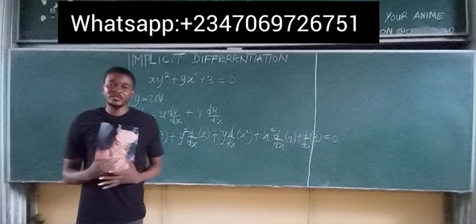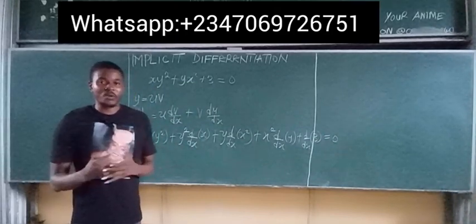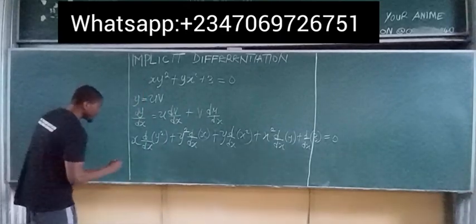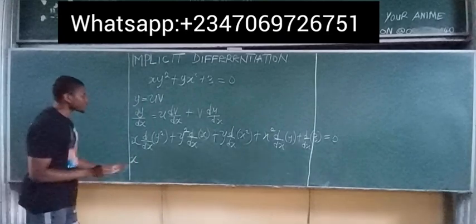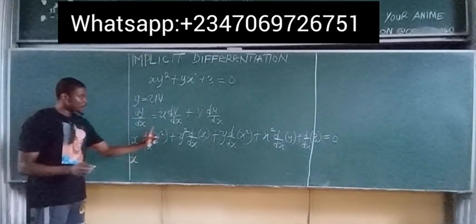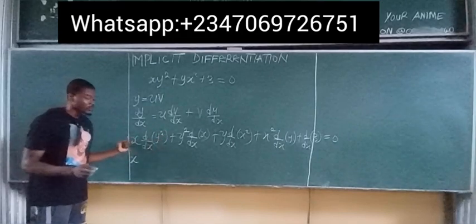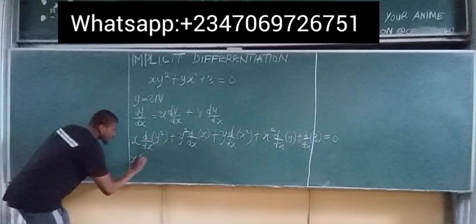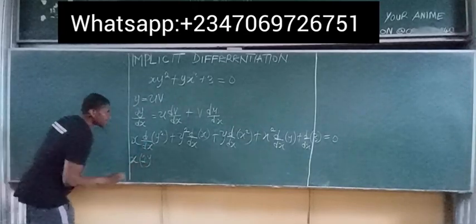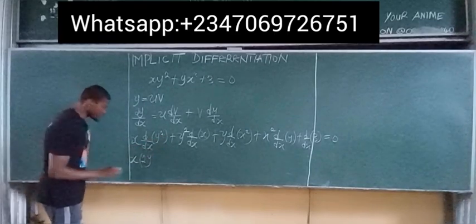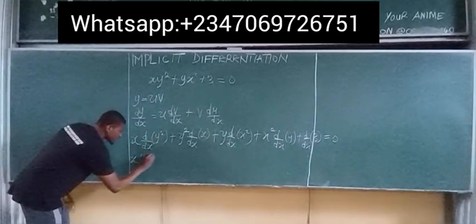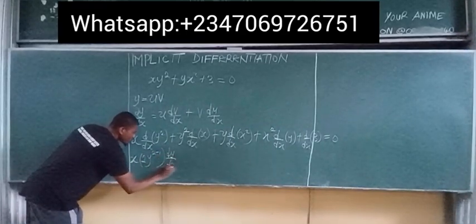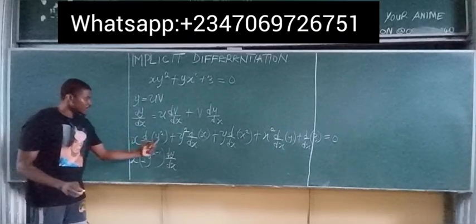So when carrying out implicit differentiation, you simply consider both x and y to be functions of x. Having that in mind, I will simply have x. Now, I want to differentiate y squared with respect to x. Remember, to differentiate a function, simply use the power to multiply the function itself and then subtract 1 from the power. So I will have x times, I will use the power, which is 2, to multiply y. Then I will subtract 1 from the power. 2 minus 1 simply gives me 1. Then I will put down dy all over dx,